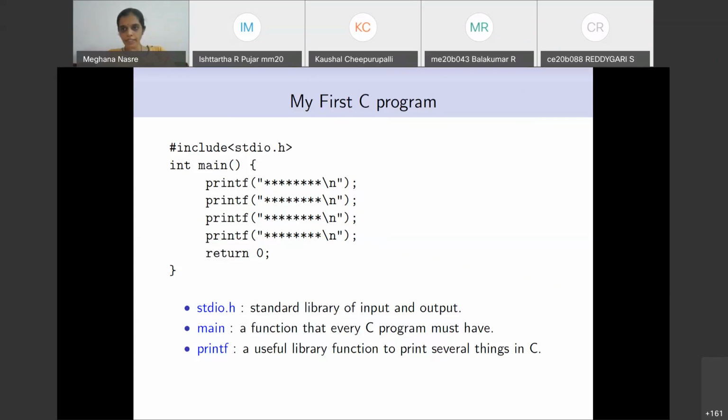Okay. So one of the questions is, what is the main difference between C and C++? C and C++ are designed philosophically in a very different way. C is a procedural programming language, whereas C++ is an object-oriented programming language. So it expects you to think about these things in a different way.